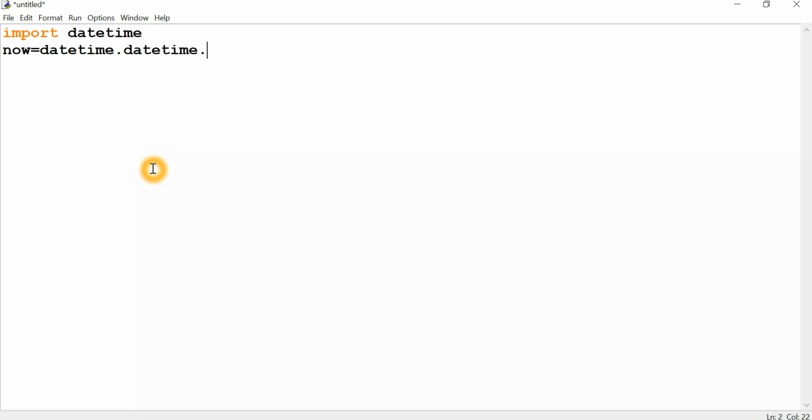So here we are going to use the function. What is a function? There is now, because there is a parenthesis, that is called a function. So the now function will retrieve the current time as well as the date. In order to get the admission date, I am going to use the variable called date, so it is going to retrieve.